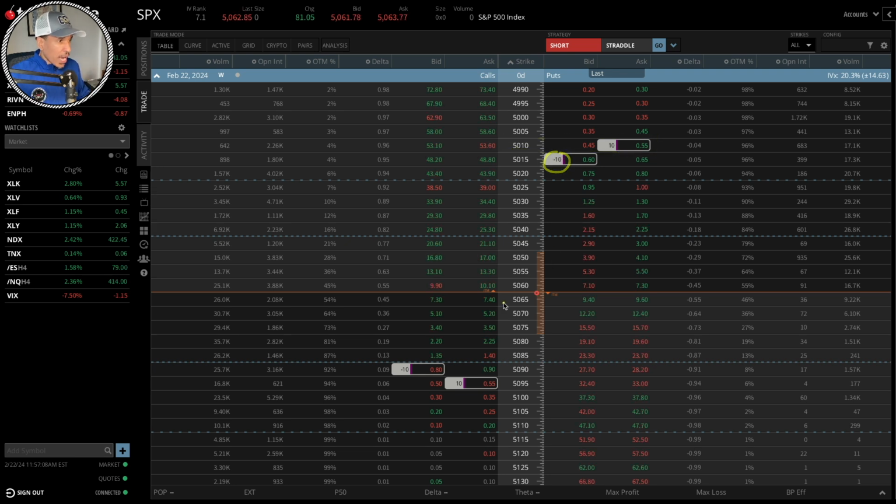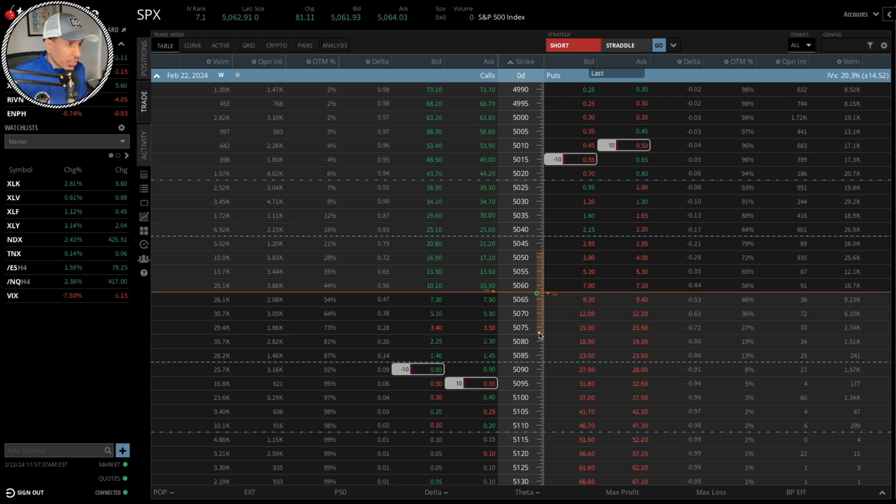The reason you want to make each side of the iron condor equal is that there's no additional buying power required to put on this additional spread. The beautiful thing is that there's no additional capital required, but you can take an additional credit. So right now,